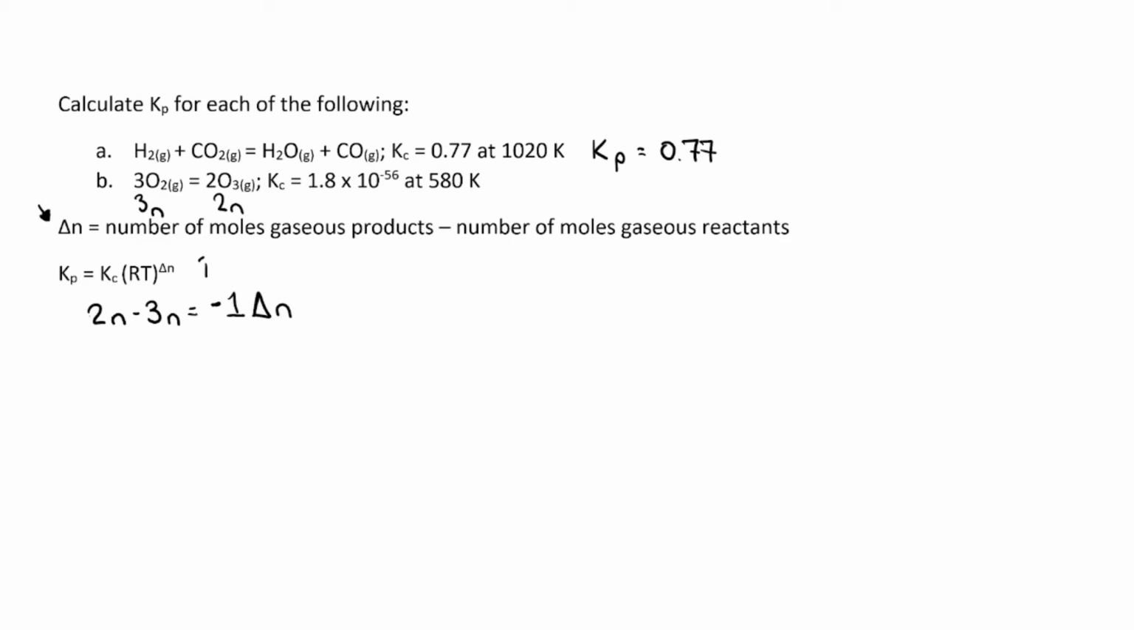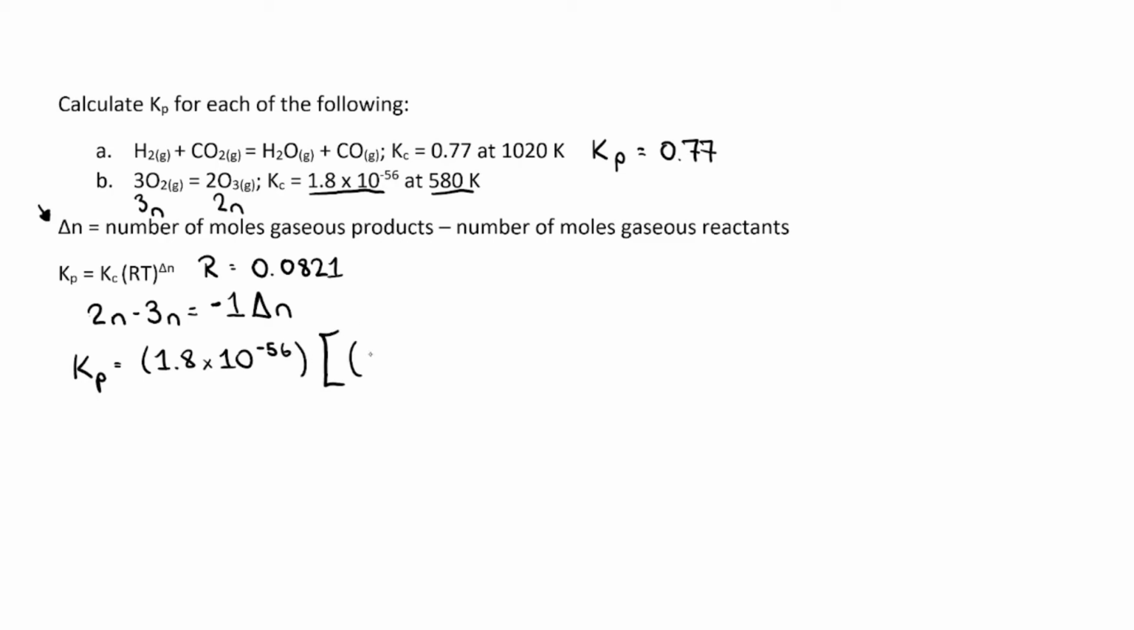And let me rewrite our gas constant, which is 0.0821. Now we have all the information we need. We have Kc, we have temperature, we have our constant, and we have our change in moles. Now we just need to plug that into the equation. Kp equals 1.8 times 10 to the -57 or -56